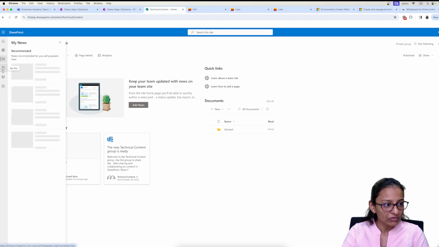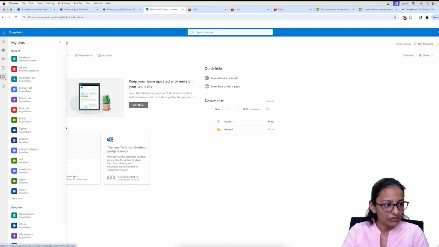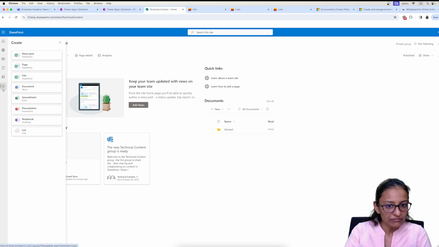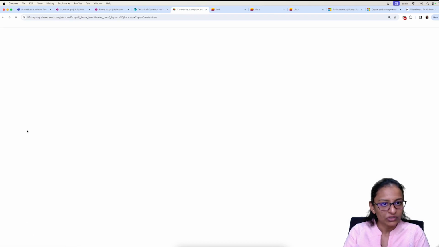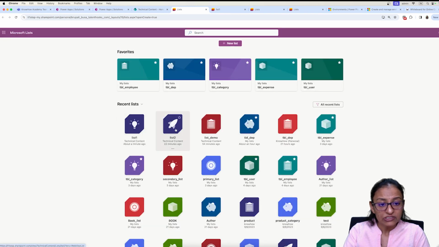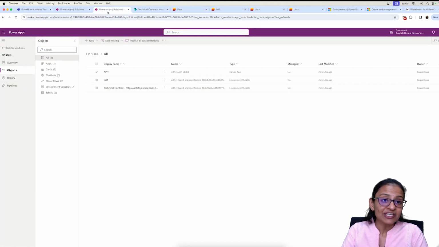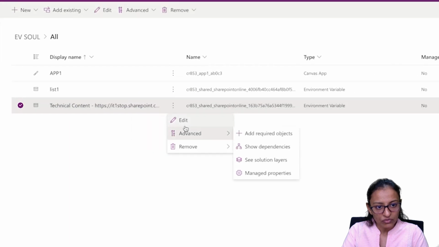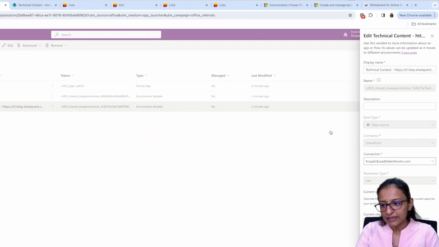Let me go to my files, and I will use list 2, which I have created. Let me show you again. Go to the list, and in this app, when I am pasting, I will use list 2. So for that, you need to dynamically change the name of the list when you are copy pasting the data. For that, you need to select that first variable and go to edit,